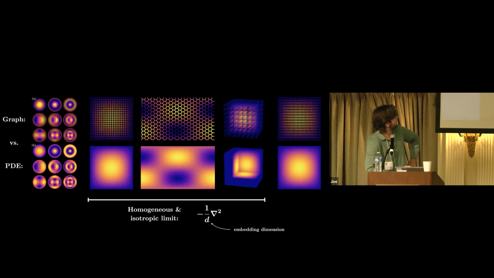In the case of a homogeneous and isotropic network, so here we've got square, hexagonal, and then cubic, the limit, once you substitute in for this multiple of the identity before, actually just becomes the standard d-dimensional Laplace operator. But you get this interesting factor of the embedding dimension that comes out. And then here we've got a rectangular lattice, which produces a new PDE. Now,